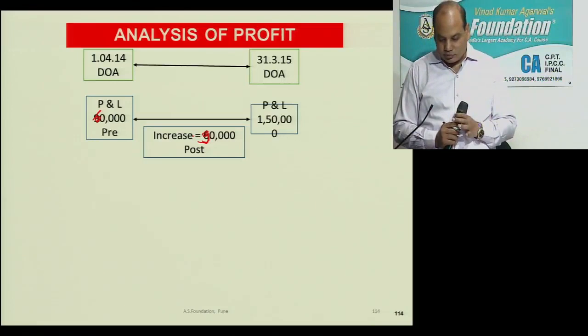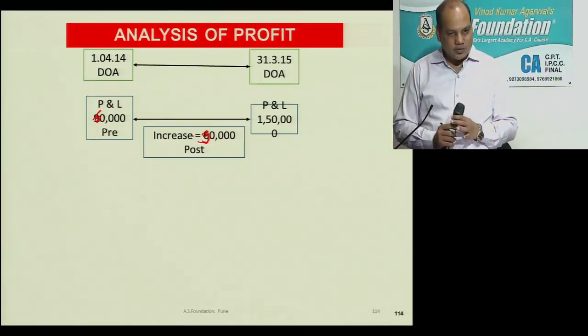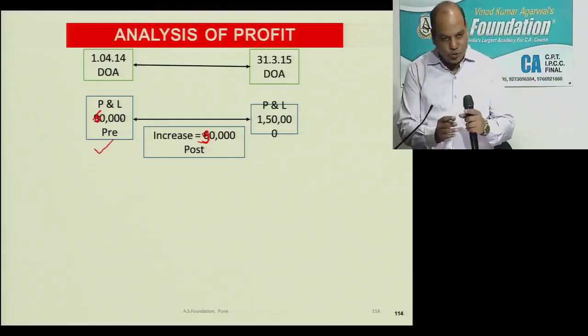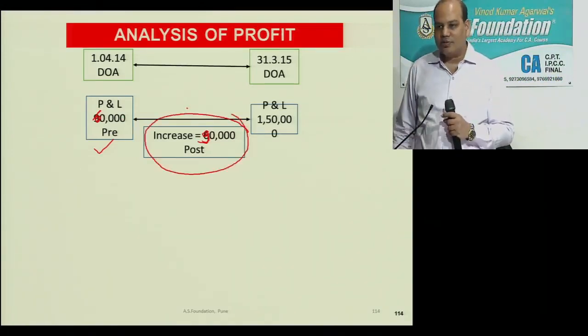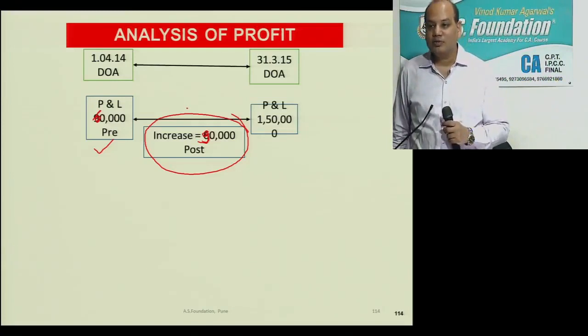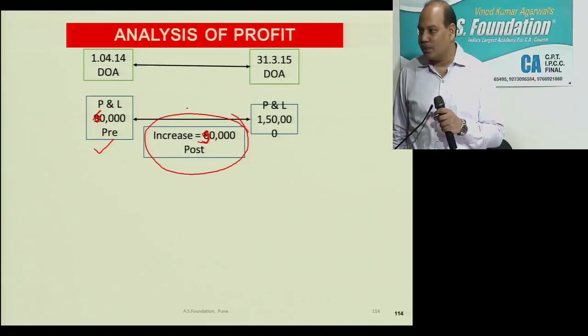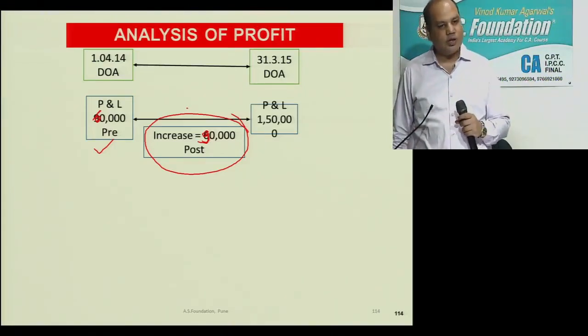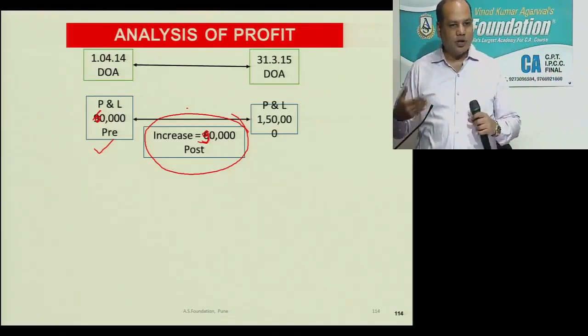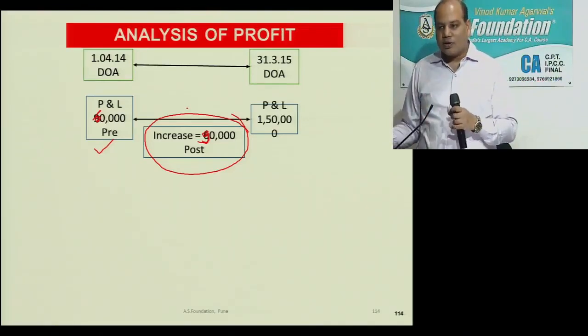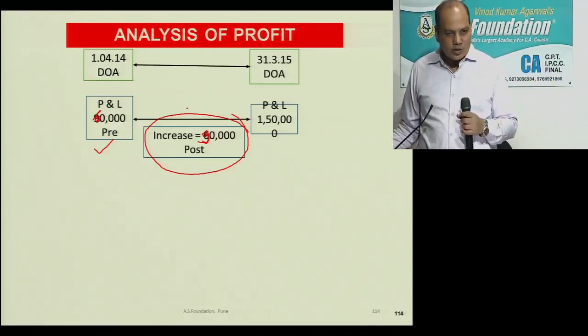Is it right? So what we will do? We will pass the entry first on this date as usual, which we did in the previous problem, and then we will pass one more entry for our share in the post-acquisition profit of subsidiary, and the minority share will be transferred to minority interest. Is it right? This is how the consolidation is done for the subsequent profit. Our share in our profit, minority share in minority profit. Is it right?